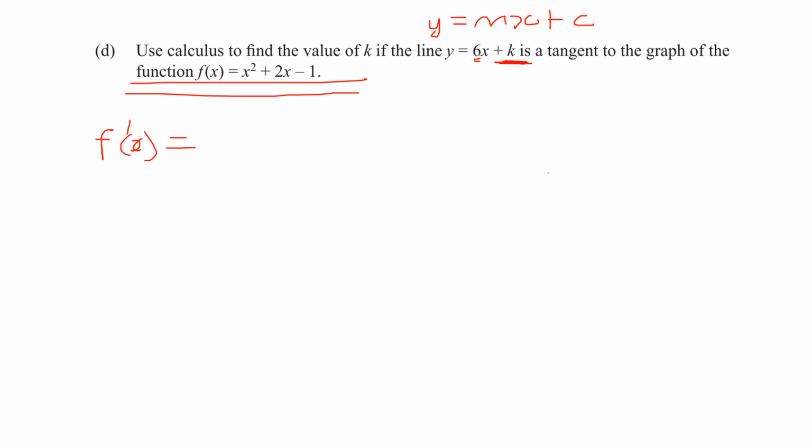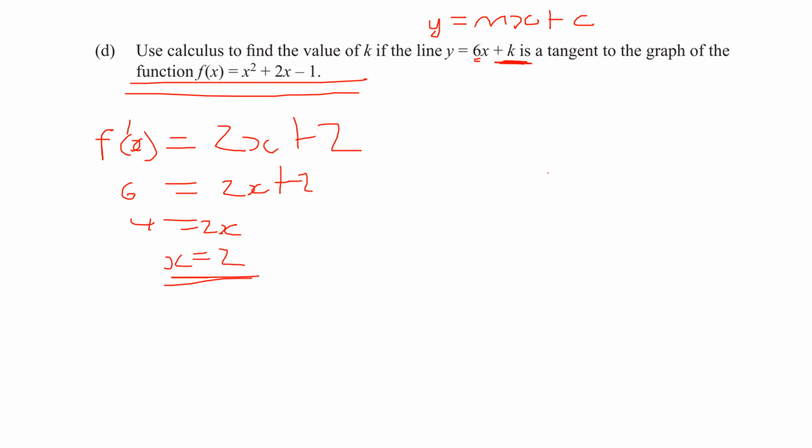So it's going to be 2x plus 2. That is equal to 6, right? So we've got 4 is equal to 2x, so x is equal to 2. Then we substitute 2 into our equation. What do we get? f of 2